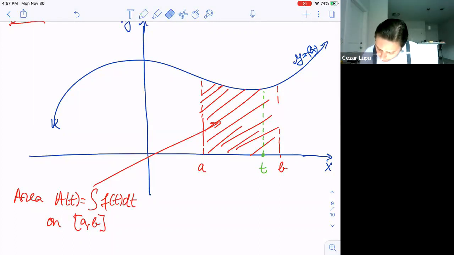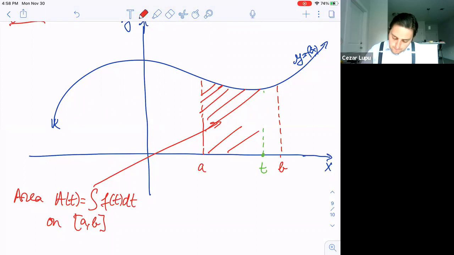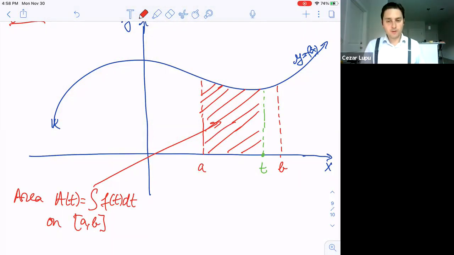So let me just, I think this picture will be more accurate. So this will be without this guy here. Right? So that will be the area. And you see there is a missing part from t to b. Okay. And here, from here to here, that's important to know is that this is